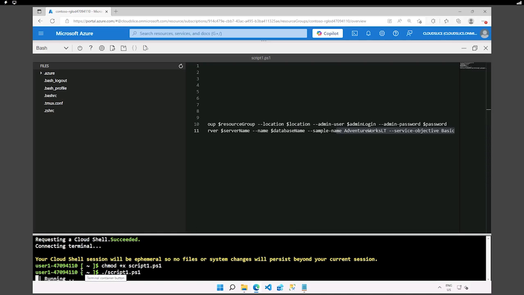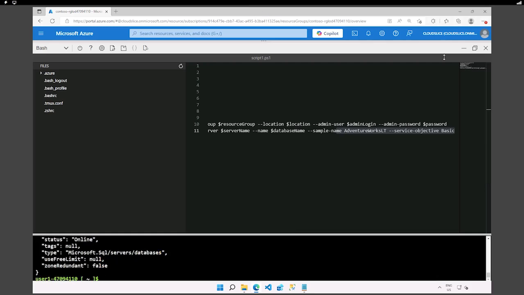All right, perfect. It's starting, it is running. So what is it doing right now? Well, it is deploying the resources. It's going to take a few minutes here to create the database and the database server with the logical server. So let's wait for that. And then after, we're going to double check what has been deployed.